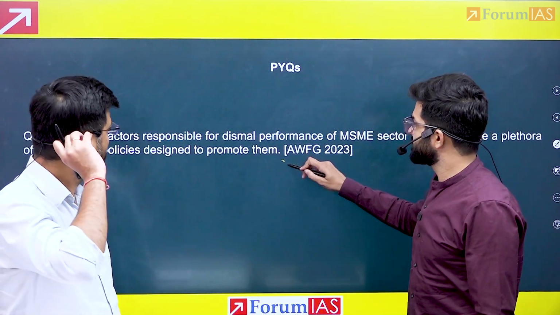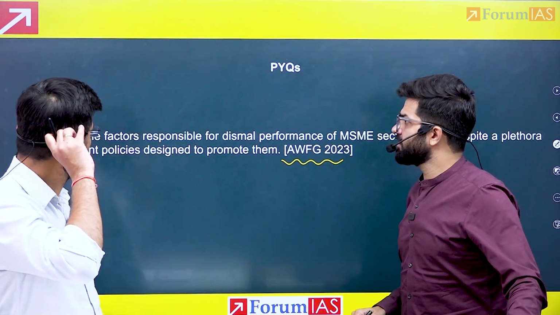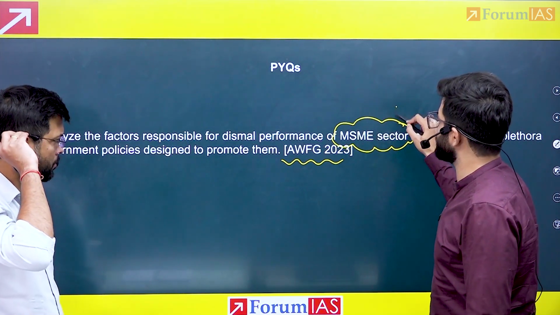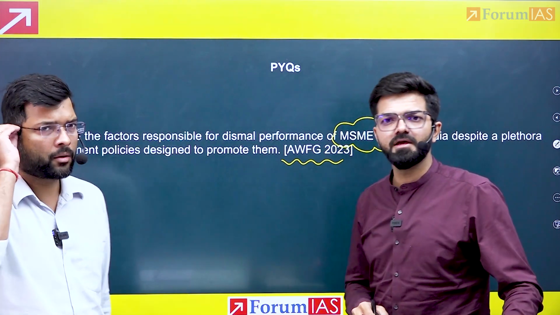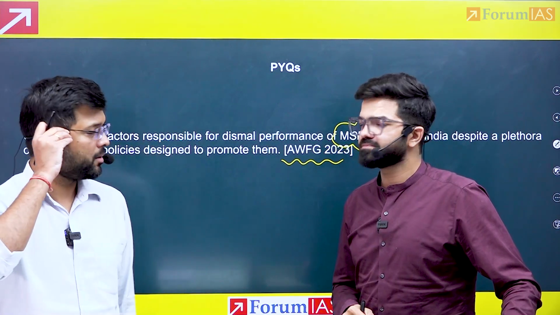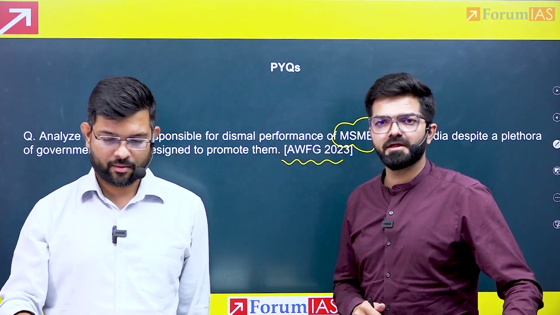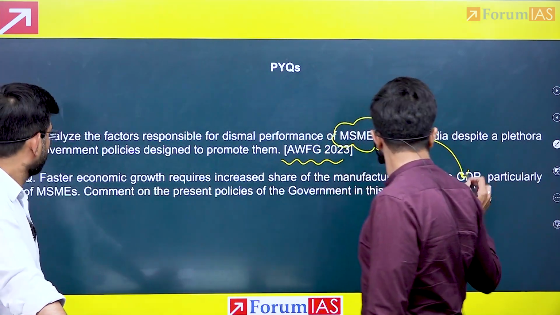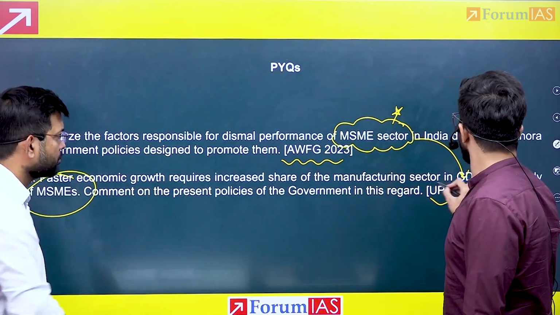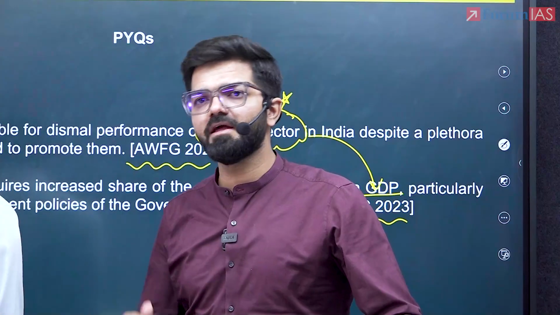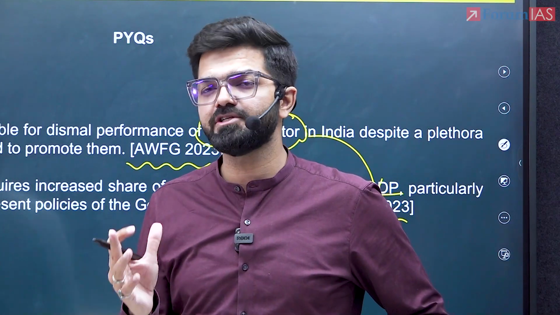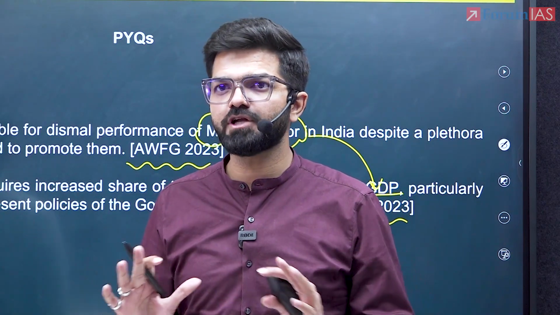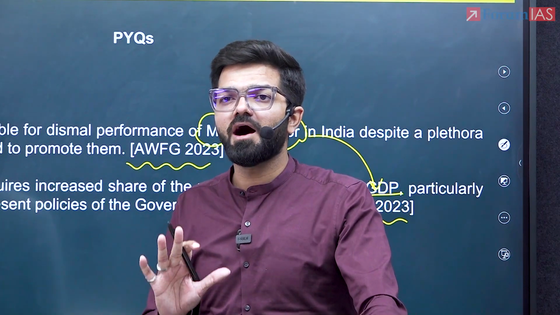So the first question talks about factors responsible, and the theme here is the MSME sector, and it was a question in 2023. As already mentioned, a very prominent topic, UPSC's favorite, time and again. Now, it was replicated in the same year itself, but maybe it talked about how it is contributing to the GDP. Again, one way or another of questioning the same topic, but your answer will not change hugely. If you have your static note prepared, 70% of your answer would be the same.